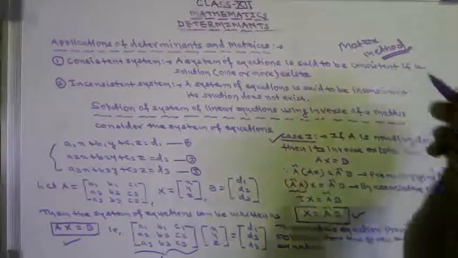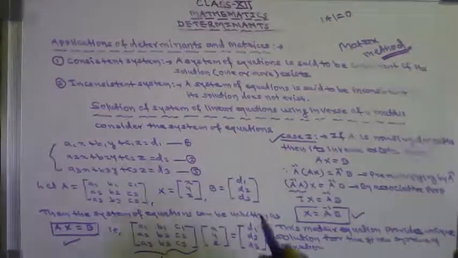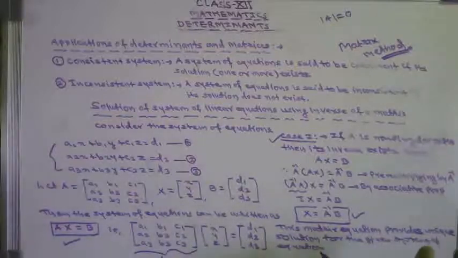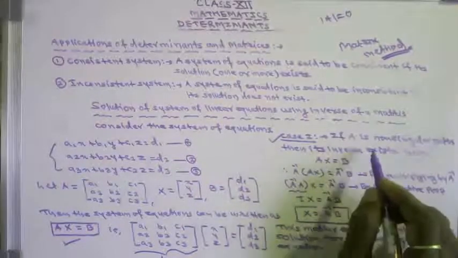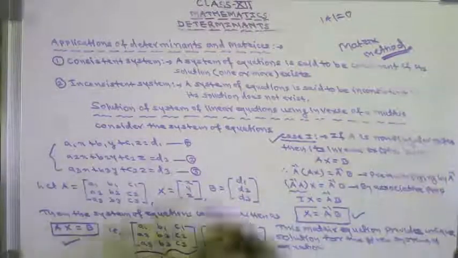In this case the value of the determinant of A will be zero if it is singular. And if adjoint of A into B is zero, then the system will either be consistent or inconsistent, according as the system has either infinitely many solutions or no solution. So you only have to check the value of the determinant. It should not be zero, it should be non-singular, and then go on to find the solutions of the given linear equations.